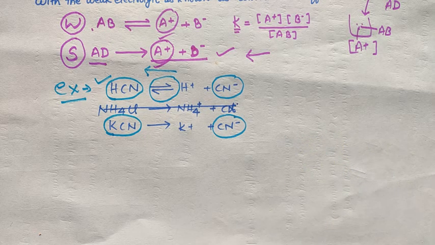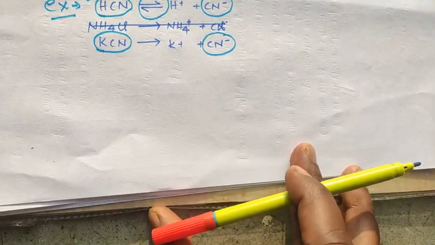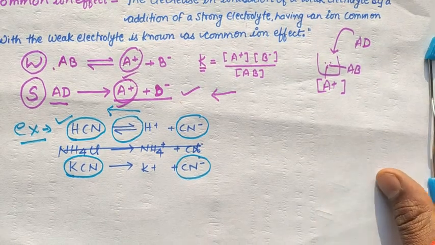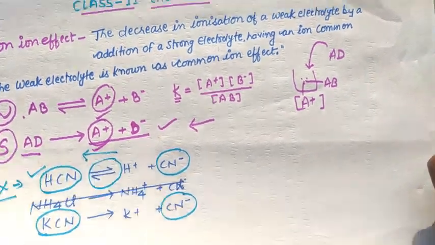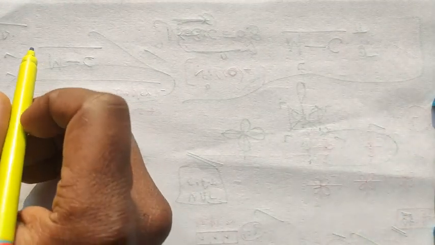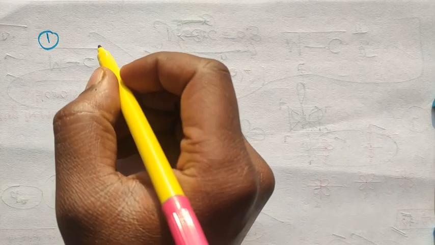So you can take more examples, but the most important thing is its application. So now we are going to take its application. Now, what are the applications of this common ion effect? The first application is in analytical chemistry. As you know, students, in the second group